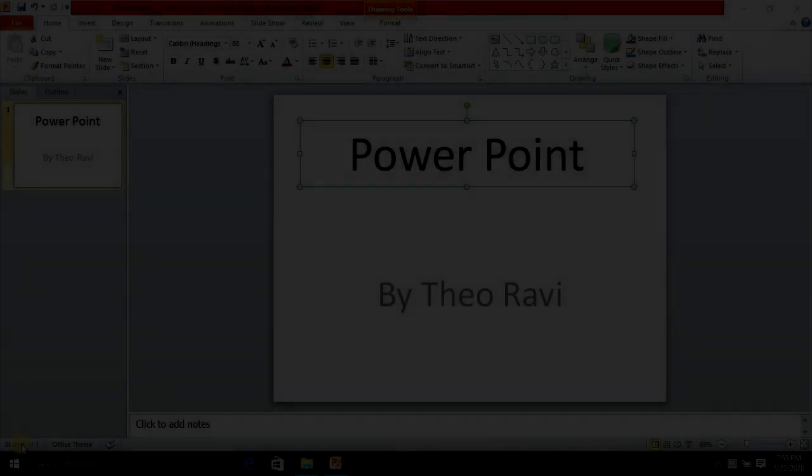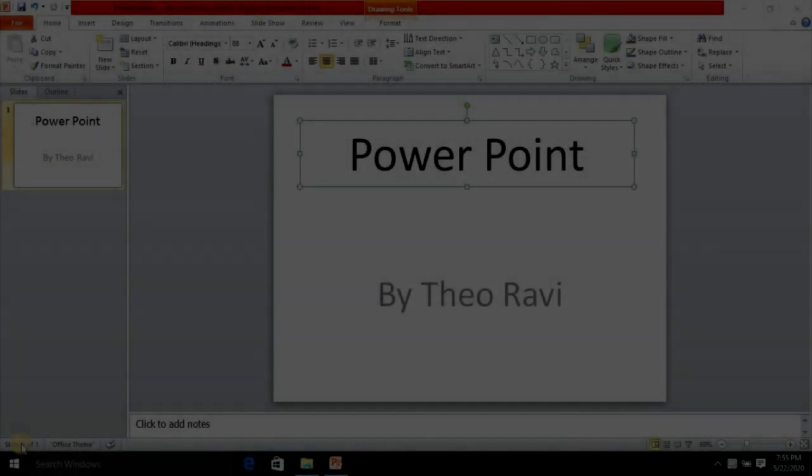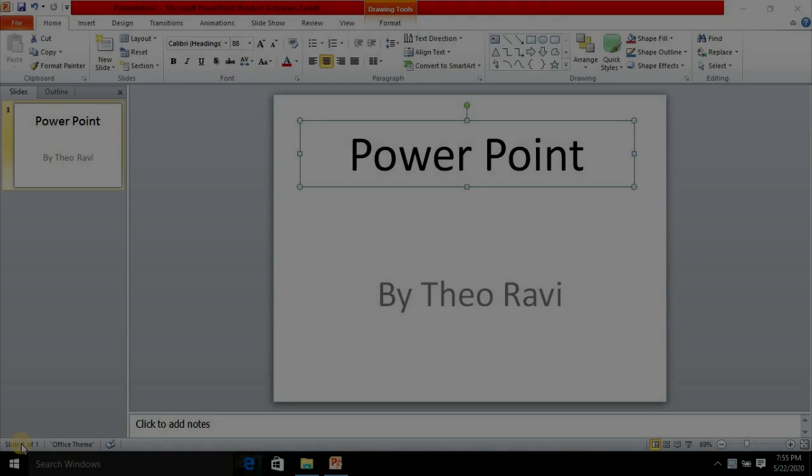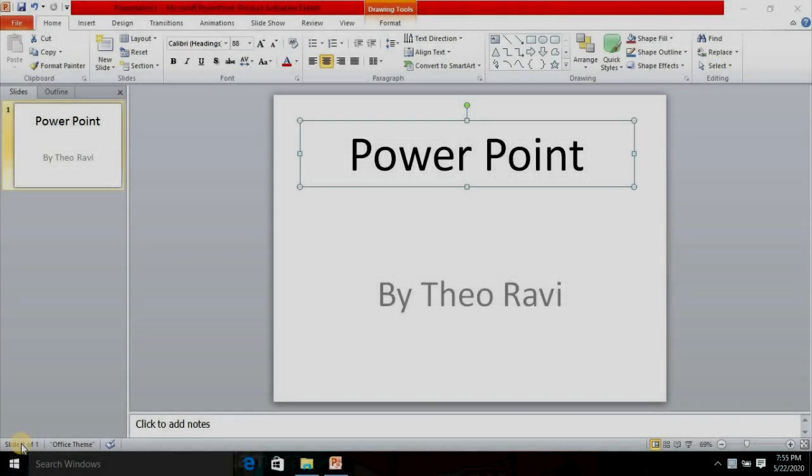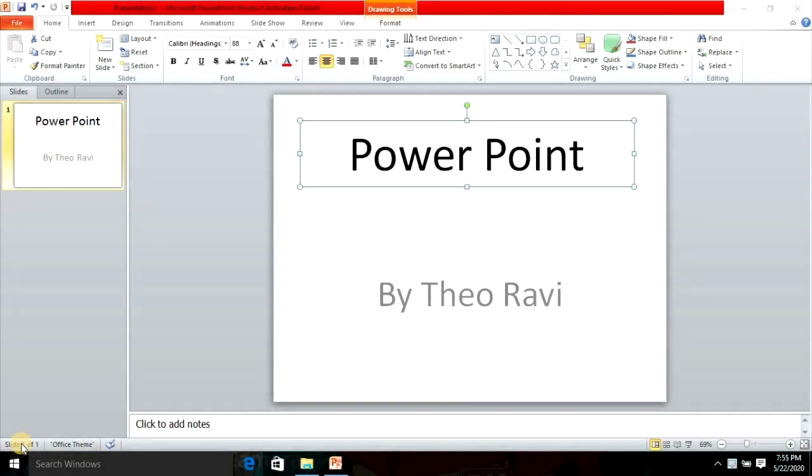Now, what is PowerPoint? PowerPoint is a presentation software. It is a multimedia software in which we can use text, graphics, videos, music, sound, and clip art, and it is used for a presentation. And why do we make a PowerPoint presentation? Always remember, whenever we make a software or a presentation, we always make it for the user. So today we came to know that PowerPoint is a software which is used to create a presentation.